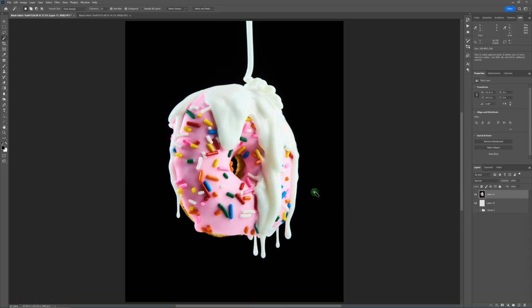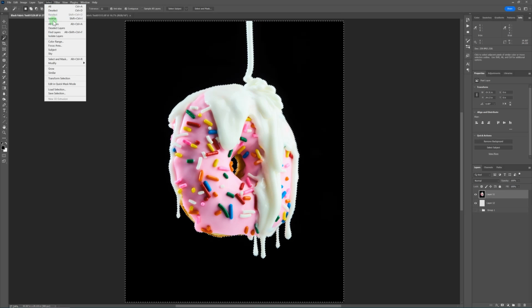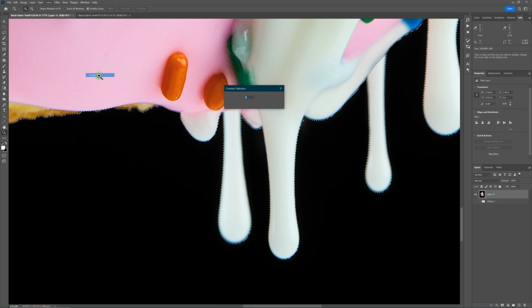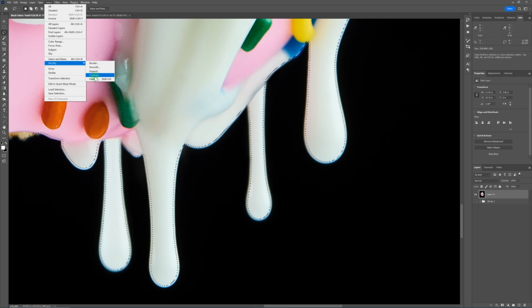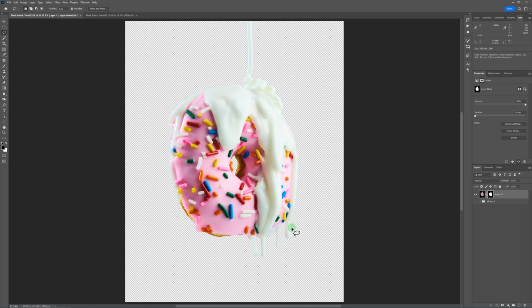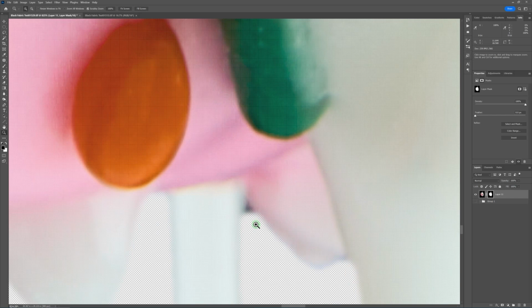I'll grab my magic wand tool, click on the background and click in the donut hole, inverse this selection. Then I want to tuck in this selection. So I'll go back up here, click selection, click modify, then click contract. I'll choose something like 8 pixels. That just makes sure that none of this black background is showing around the edges of my donut and drips. I'll feather that to 2 pixels and I'll click on the mask icon down here to make that background disappear. It's not going to be perfect. This method misses a few pixels around the cracks,